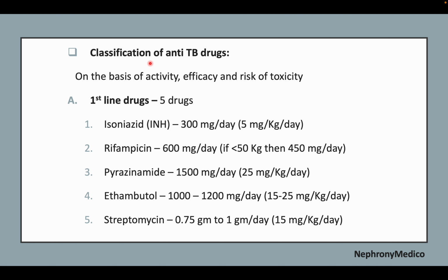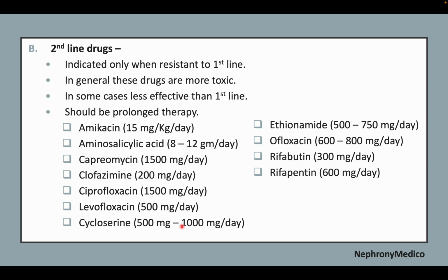Now, classification of the anti-TB drugs. On the basis of activity, efficacy, and risk of toxicity, first-line drugs include 5 drugs: isoniazid, rifampicin, pyrazinamide, ethambutol, and streptomycin. The second-line drugs are amikacin, aminosalicylic acid, capreomycin, clofazimine, ciprofloxacin, levofloxacin, cycloserine, ethionamide, ofloxacin, rifabutin, and rifampicin. These are indicated only when the organisms are resistant to first line, and these are more toxic and